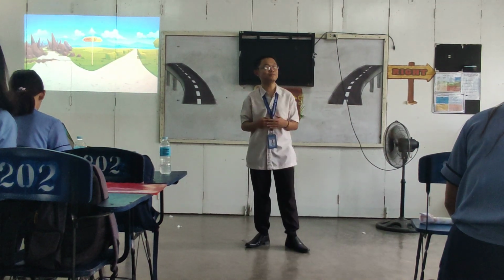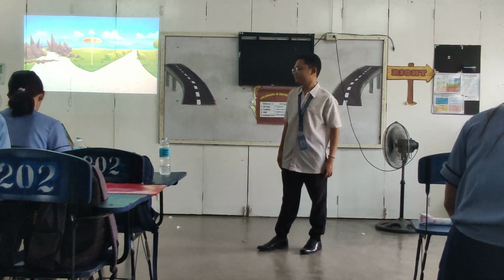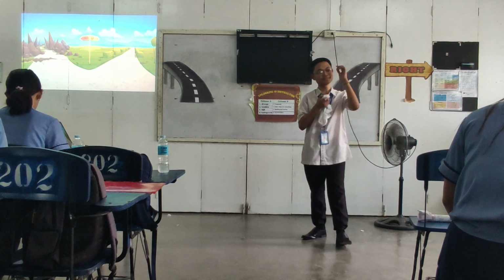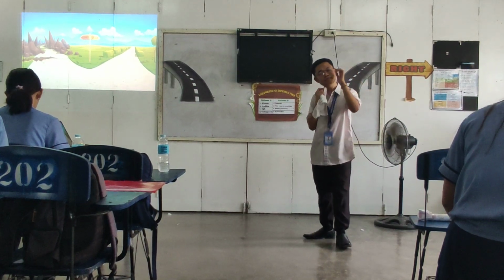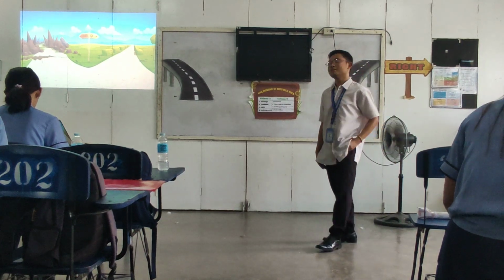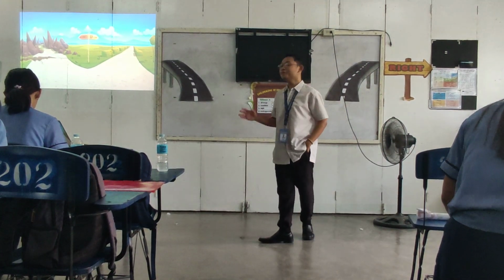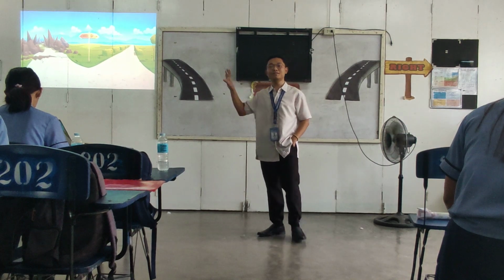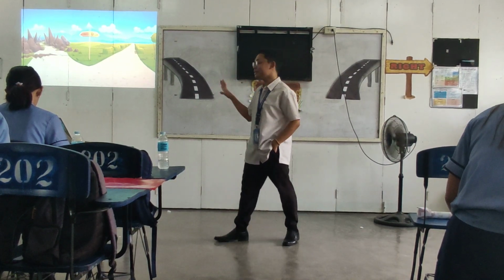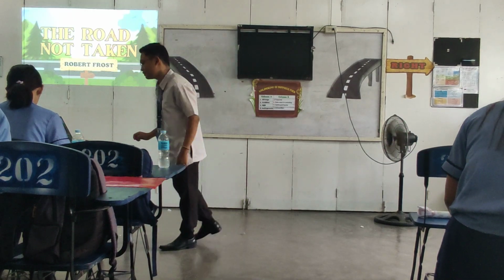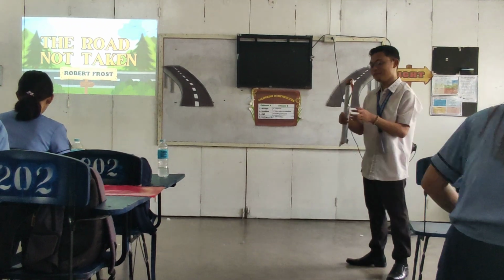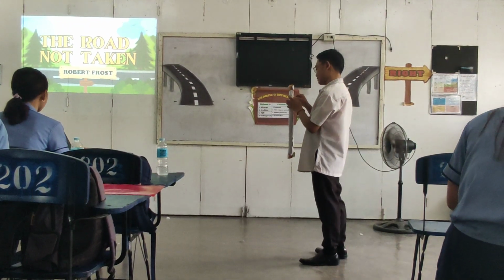Another answer. Let's have Mr. Mark. As you can see in the picture, the hard one, there's some obstacle in the path, while in the easy, it is smooth and there's no challenges. Alright, so I know you are all curious why I put that picture there. So later you will realize the reason after we read the poem entitled The Road Not Taken by Robert Frost. So now, let's read the poem and try to analyze it.